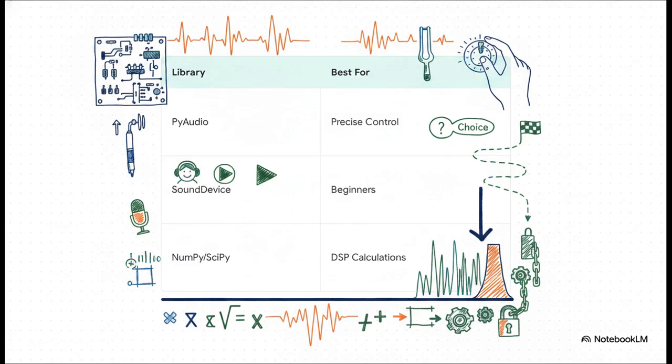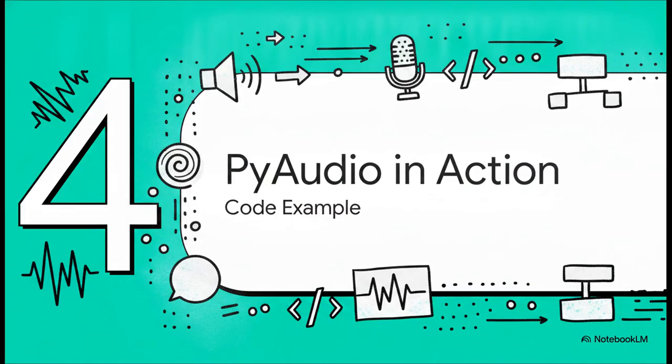But here is the golden rule, the one takeaway you cannot forget. No matter which I/O library you choose, NumPy and potentially SciPy are essential for performing the actual DSP calculations. Your I/O library is a choice, your DSP math engine is a requirement. And this brilliantly illustrates our next point: